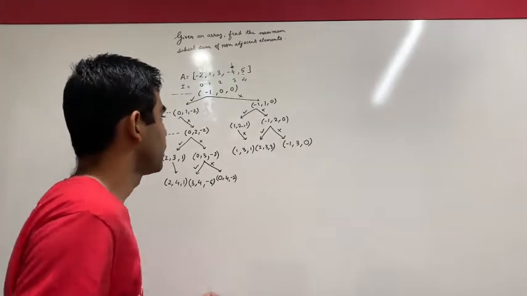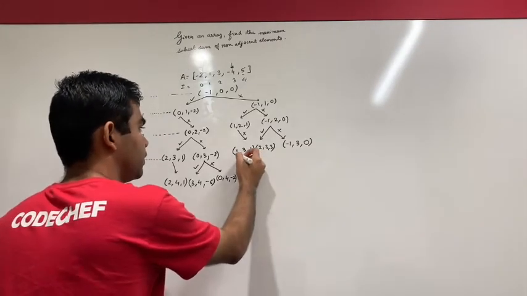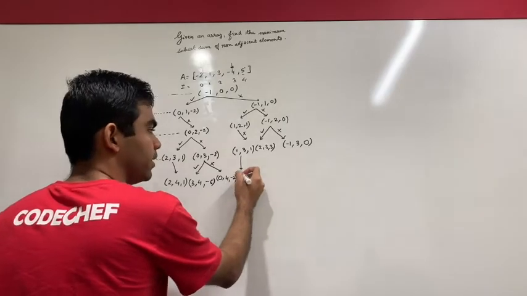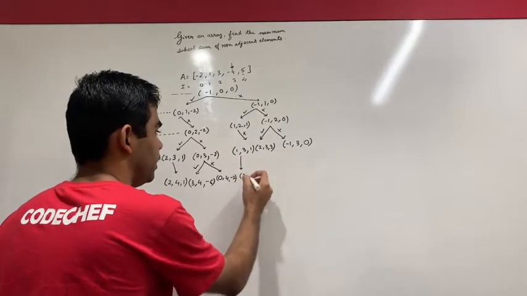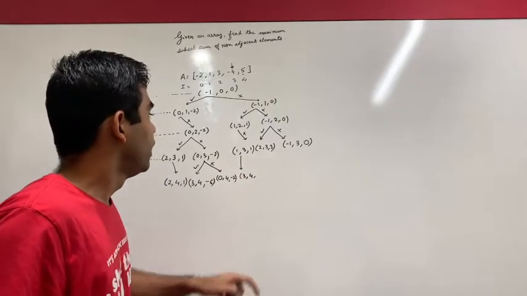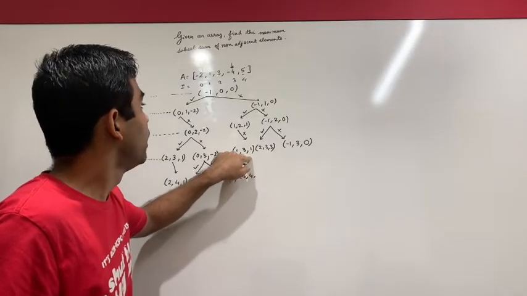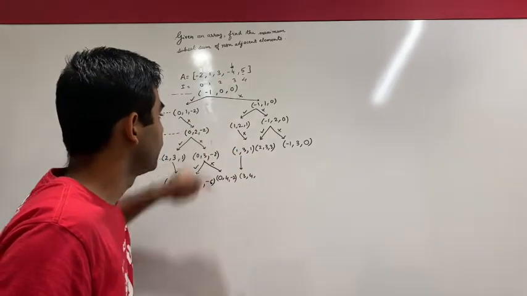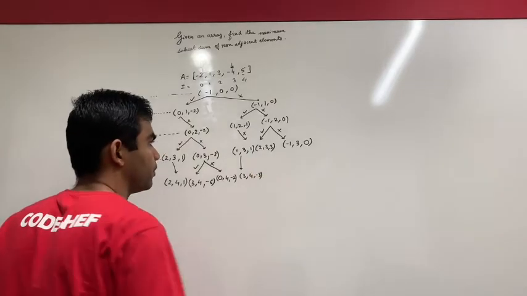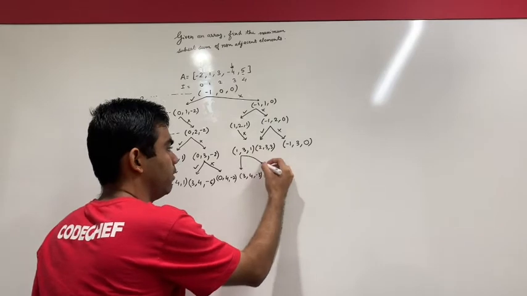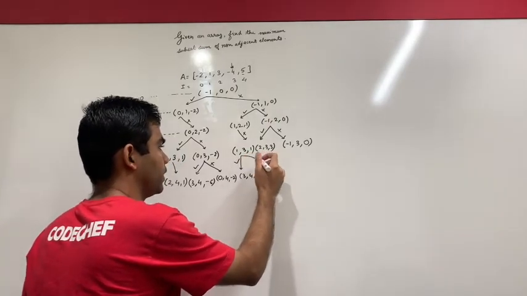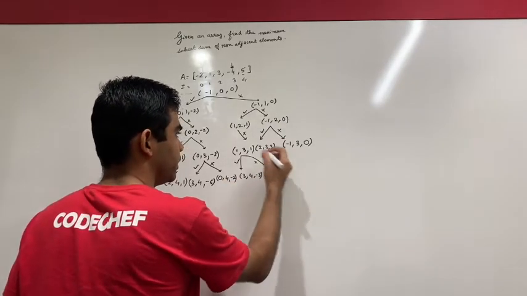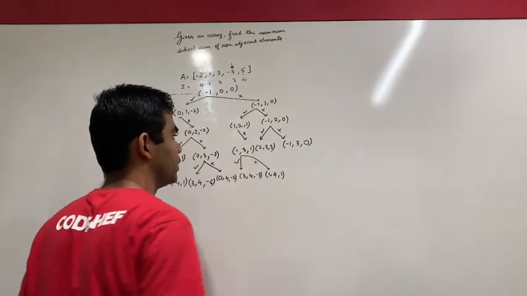So for this node, I can obviously make two decisions, which is I decide to take the element at index 3. So my last taken index will be 3. I'll increment my current index and I will add my sum to the value at the index equal to 3, which is 1 minus 4, which will be -3. And also I have one more possibility for this. This was acceptance and this was a rejection. So my last taken index will not change. I'll increment the current index and the value will be 1 as it is.